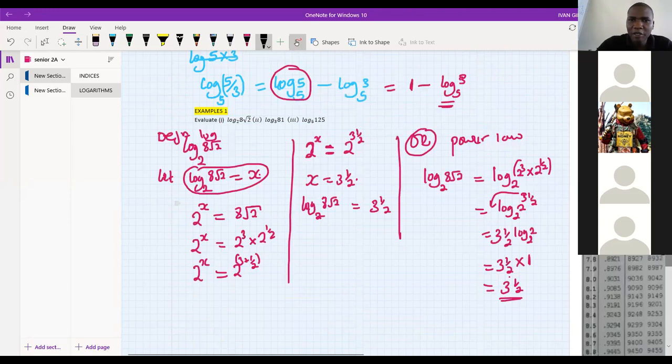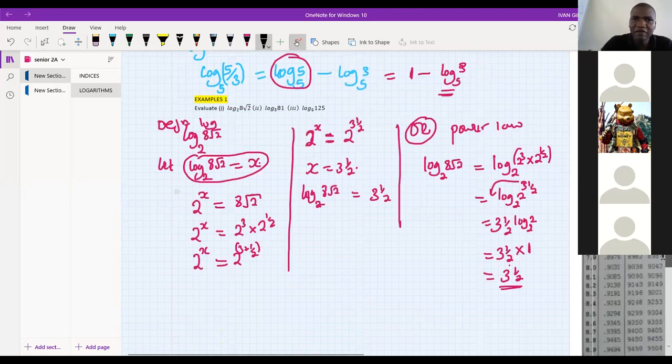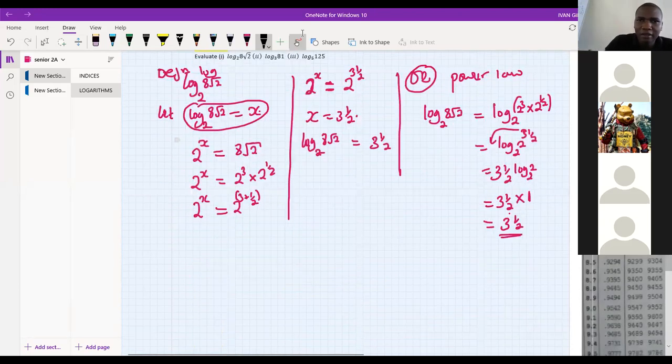So Roman number 2, they are saying log base 3 of 81. Log base 3 of 81, or log of 81 base 3, either way you say it, it's the same thing. We're saying find the log of